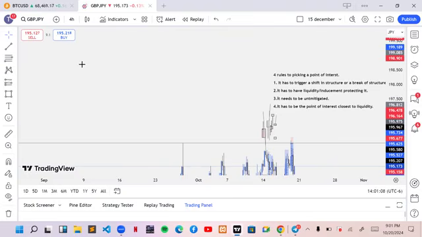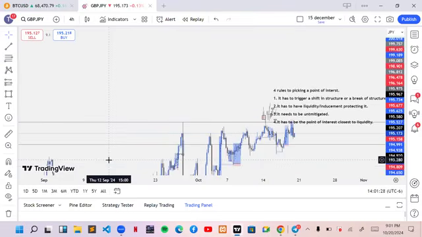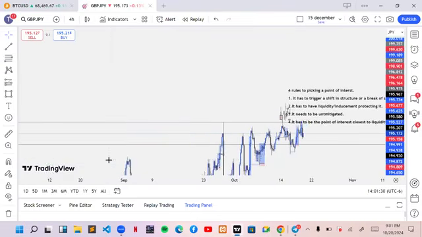Then the next class we'll talk about taking your take profits using liquidity, because for take profits, you have to know where market is heading to, and what fuels the market is actually liquidity. So liquidity is taken from this side, it's heading to take liquidity on the other side. So if you know where liquidity is laying in the market, it will give you an idea of where market is going to. So since I had an idea that GJ was going to go and take out that 4 hours high,